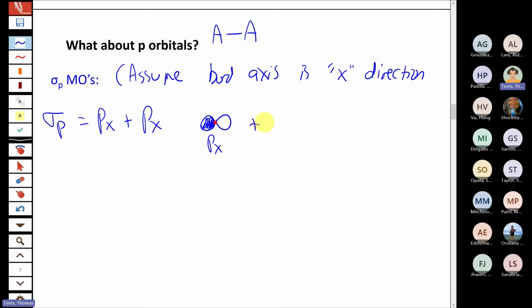Now, what it means to combine in phase in this case is that the lobes that are the same phase, the ones that are shaded the same, have to be pointing at each other. So remember that when we shade a p orbital like this, what it means is that the sign of the wave function is changing as we go from one side to the other. So it doesn't matter what you call positive and what's negative, but on either side of the nucleus, it changes from positive to negative. And so if we want to combine these 2 orbitals in phase, we need the 2 phases that are the same sign to be lined up with each other.